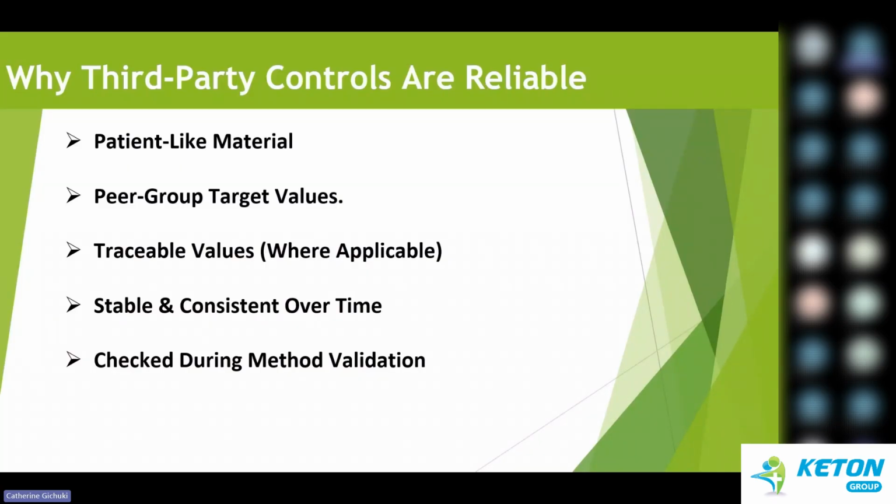They don't deteriorate that fast. Then they are checked during method validations. When they're being manufactured, there's that confirmation over time. If you get to listen to how they are made, they usually validate these QCs before they are released and their values